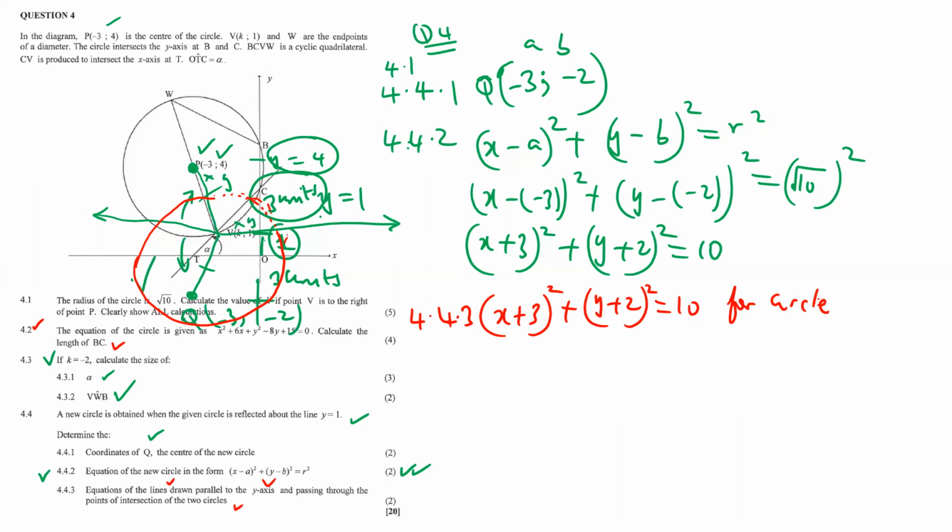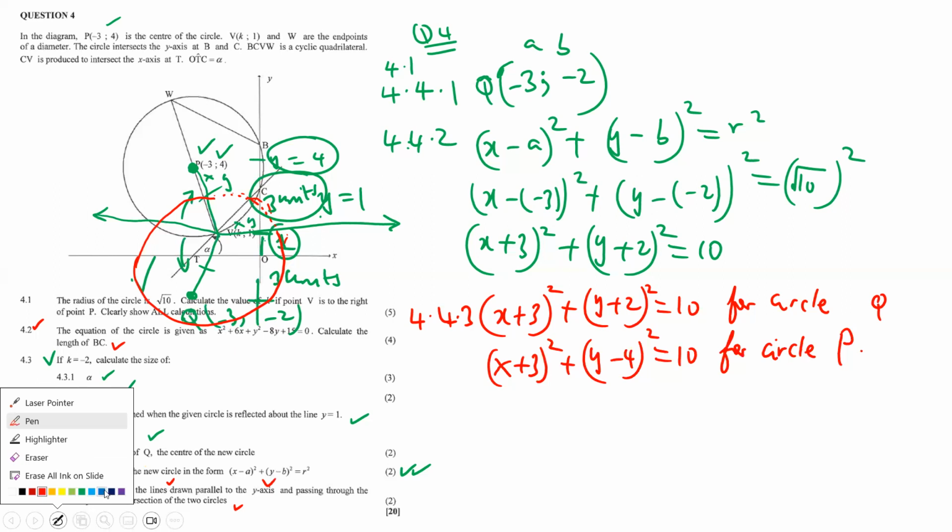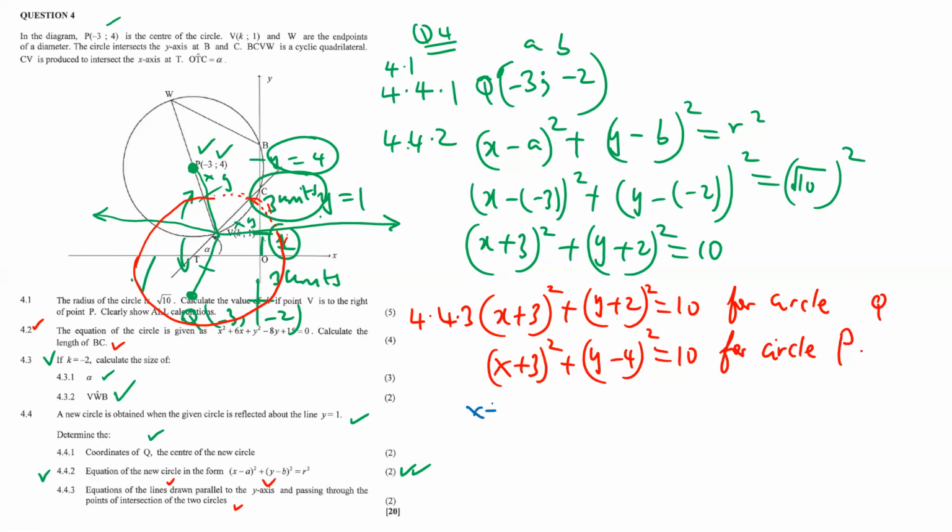This is for circle Q. And then there's another one, (x + 3) squared plus (y - 4) squared equals 10, for circle P. So you equate these two, which means (x + 3)